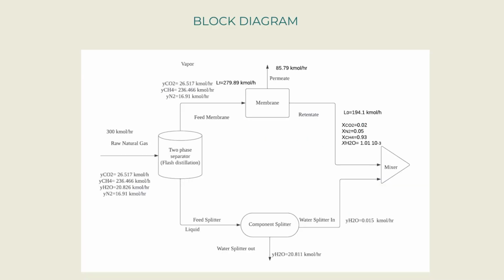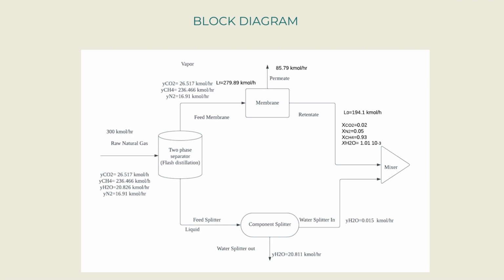From the block diagram, as you can see, there are four components that we use, which are two-phase separator, membrane, mixer, and component splitter. The unit operations operate isothermally and at constant pressure, hence maintaining the temperature and pressure at 70 degrees Celsius and 70 bar respectively. From the analysis of membrane characteristics, it is not possible in more than one phase, and because of that, the